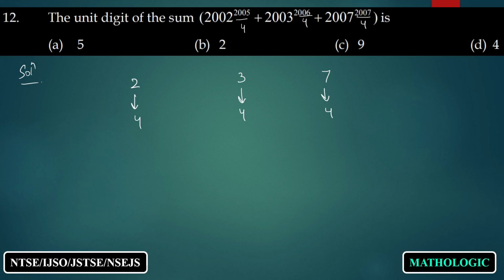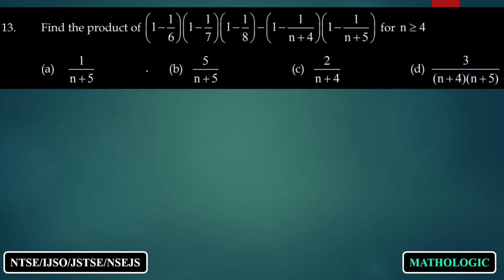Okay, come to the next problem, which is to find the product of this sequence. I think there must be some dots over here, since there are some terms missing. So 1 minus 1 over 6, 1 minus 1 over 7, 1 minus 1 over 8, up to 1 minus 1 over n plus 4 times 1 minus 1 over n plus 5, for n greater than or equal to 5, right? So this type of sequence is called